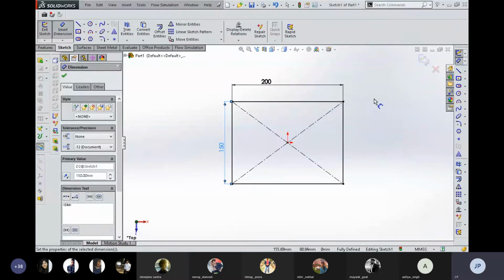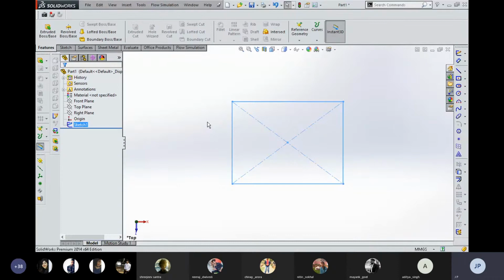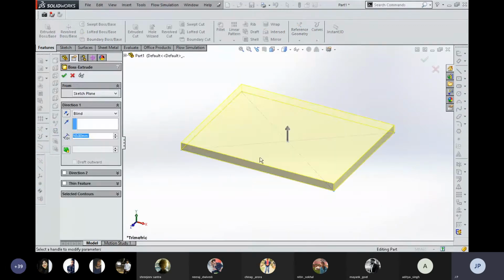After creating dimensions, you can exit from the sketch. Then if you want to add thickness to this sketch, click on the sketch first, then click on extrude boss or base. As you click, the isometric view of that component is shown, and the basic dimensions that are available within the extrude boss by default are shown.